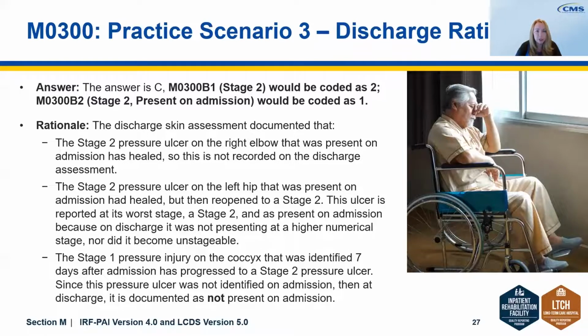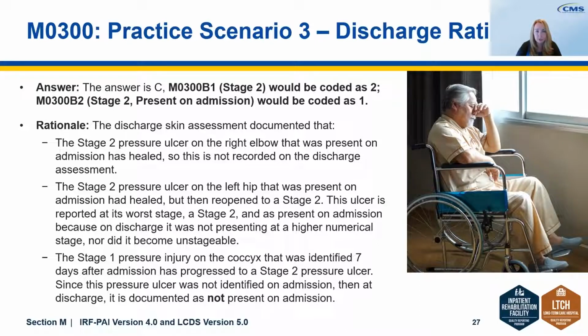So in the scenario, the discharge assessment documented that the stage 2 pressure ulcer on the right elbow that was present on admission had healed. So this is not recorded on the discharge assessment. The stage 2 pressure ulcer on the left hip that was present on admission healed, but then reopened to a stage 2. So this ulcer would be reported at its worst stage, which is the stage 2, and it would be considered as present on admission because on discharge, it was not presenting at a higher numerical stage,